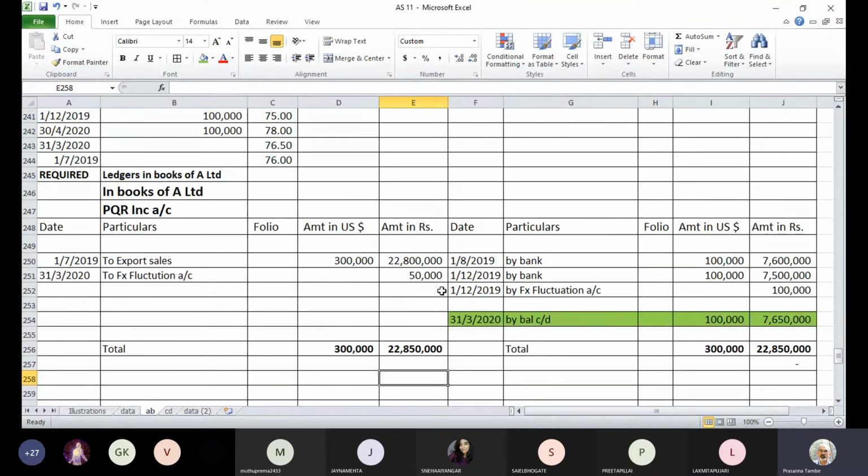And we have already done that adjustment at year-end where the rate was 76.5. So that means your accounting is correct. If you cross-verify the rate, in case there is an error in the account, it will be thrown up because you will get a different rate at this point in time if there is any error in the accounts. So 31st March 2020, our balances are carried forward. So next year we have to begin 1/4/2020. Balance brought down. It's $1 lakh.